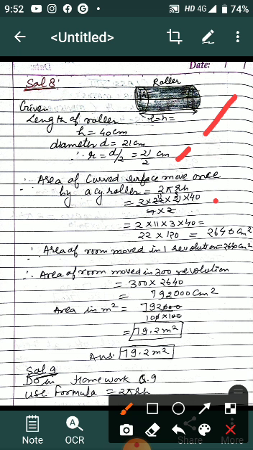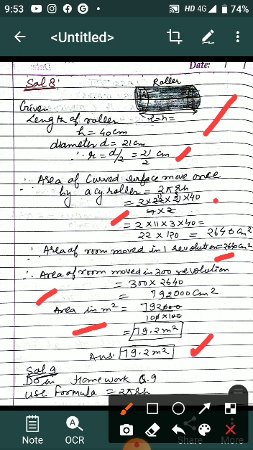So we have to find out what is given here, that firstly we have to find out curved surface area 2 pi rh, then area of room moved in one revolution, that is the curved surface area 2640. The area that it moves in one revolution is equal to the curved surface area. Now area of room moved in 300 revolution, multiply it by 300 to get the answer, and area in meter square divided by 100 into 100 means 1 meter equal to 100 centimeter. You will convert it into meter square. So multiply it by 100 into 100.